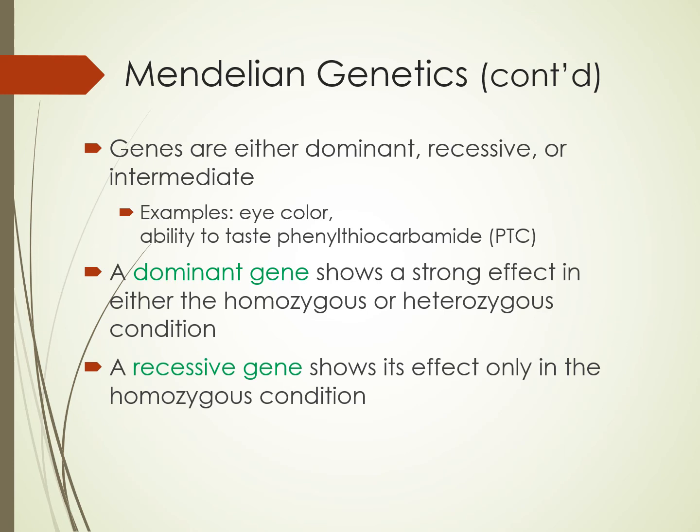Genes can be dominant, recessive, or intermediate, although a lot of the times when we're talking about this dominant-recessive pairing that you've probably heard of in your biology classes many times, it's often more complicated than that. Some examples here are eye color, where it's very clearly intermediate, and the ability to taste phenylthiocarbamide, or PTC, which has basically a dominant-recessive kind of pairing, even though, again, it's slightly more complex than that, but I'm going to stick with the PTC tasting.